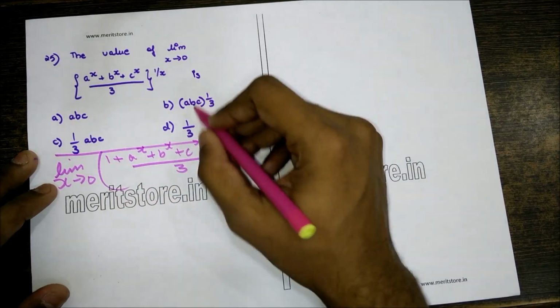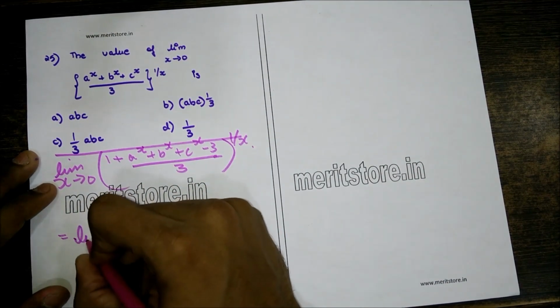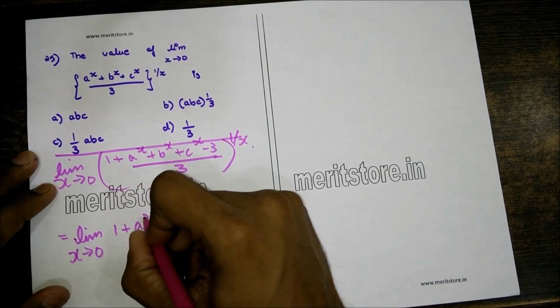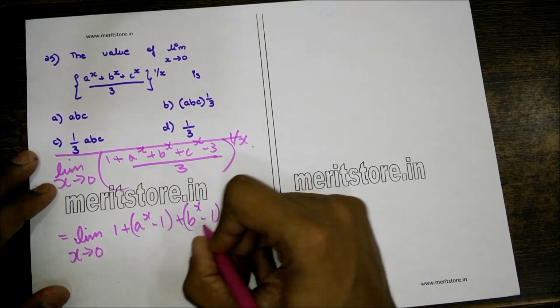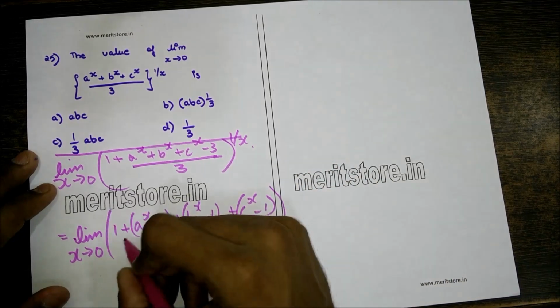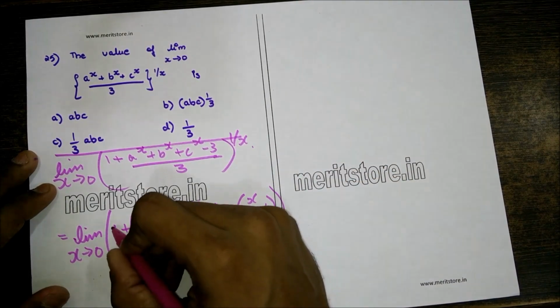Now this raised to the 1 by x, giving us limit of x tends to 0 (1 plus ((a raised to x minus 1) plus (b raised to x minus 1) plus (c raised to x minus 1)) by 3) raised to